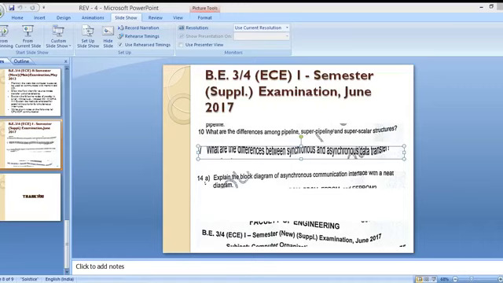You are going to send one complete block of data at a time. Whereas in asynchronous, you are going to send it bit by bit, with one start bit and one stop bit appended for the complete block. So that is the thing. And explain the block diagram of asynchronous communication interface with the diagram. We'll see in the coming slides.